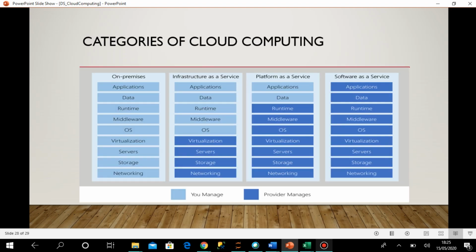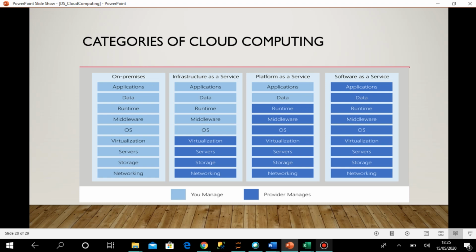Okay, so this is a diagram given by Microsoft Azure. It can help us understand the different types of services. The first one is on-premise. On-premise, you know that I should have my desktop or laptop with me, and everything should be there.